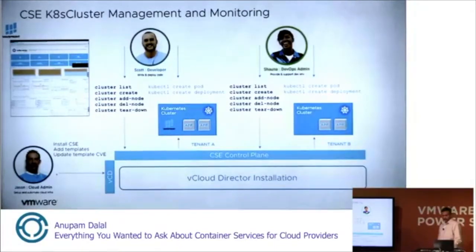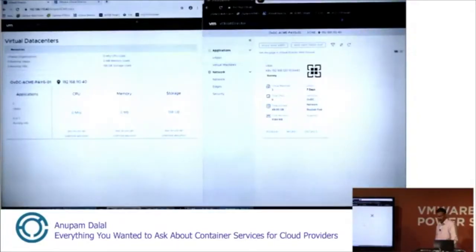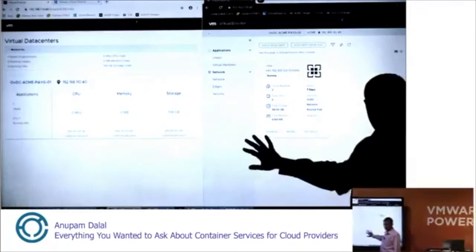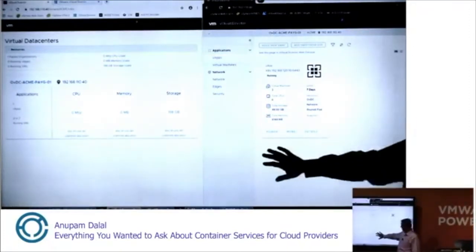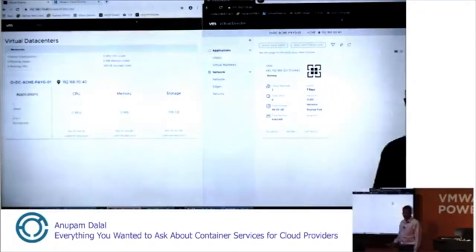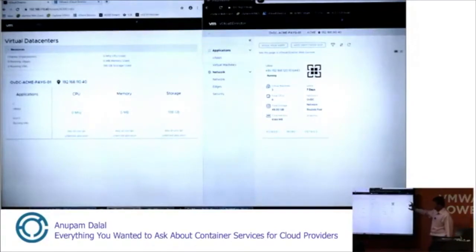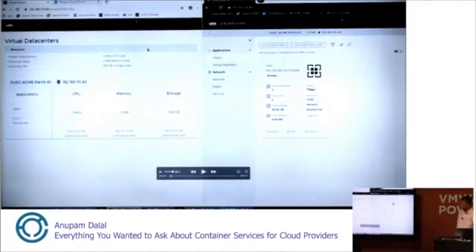So going further through the demo, what we have over here, and by the way, Jorg is sitting in the back, the guy who authored this demo, we have two screens to VCD. The screen on the left is essentially the control screen, basically a different section of the UI. And the screen to the right is the screen that shows the workspace of the tenant. Both of these are tenant perspectives. So the tenant logs in and